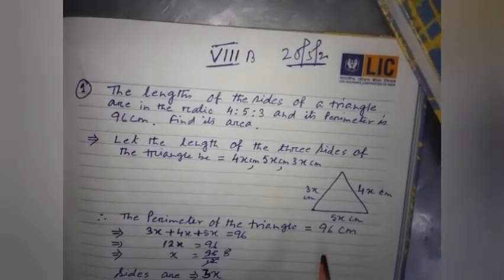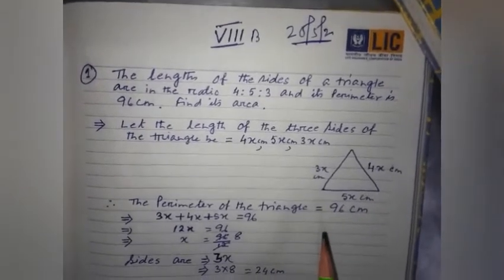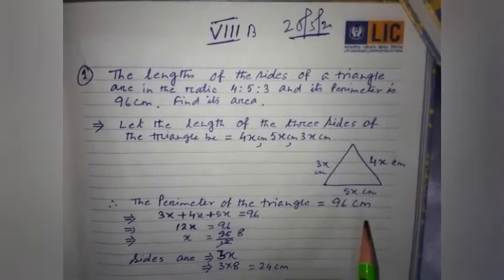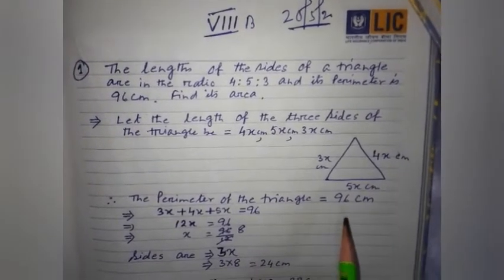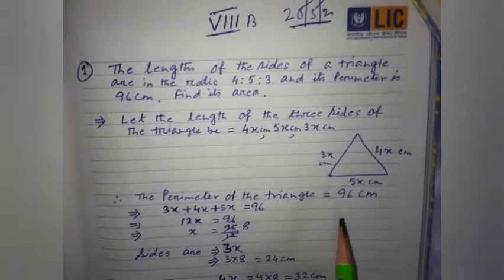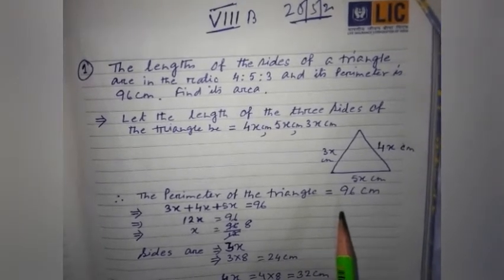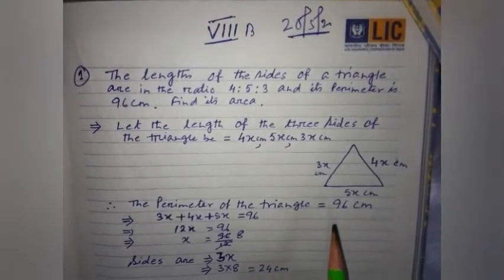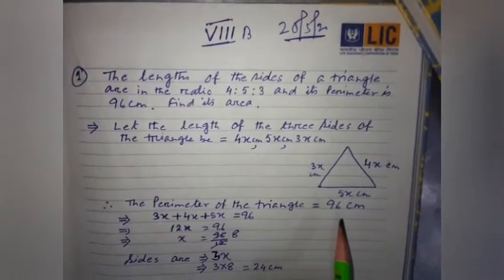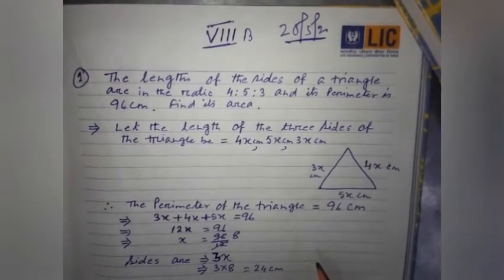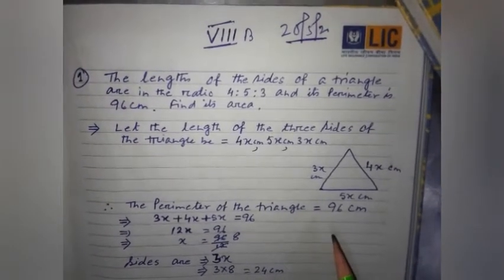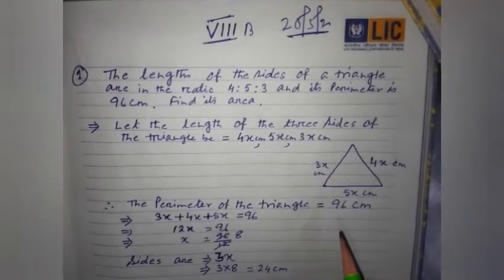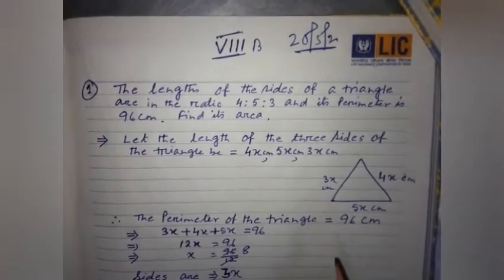Yesterday also I discussed some problems based on area and perimeter of a triangle. Okay. Today there is only one problem left to find out the area and perimeter of a triangle. Today I'll discuss this problem in the class, and from tomorrow onwards I am going to do the revision of those chapters that have already been taught to you.